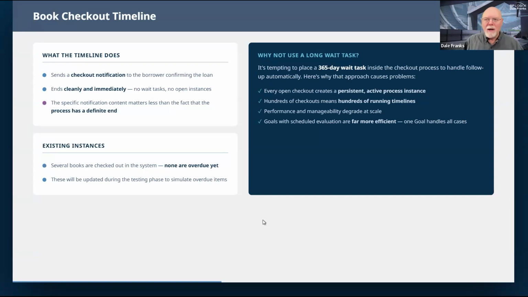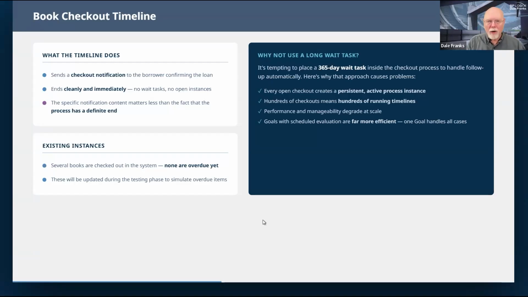And so your timer run goes from taking 3, 4, 5 minutes to taking 15, 20, 30 minutes as you just stack up a whole bunch of running process timelines that don't actually need to be running because we're not doing anything for a year.